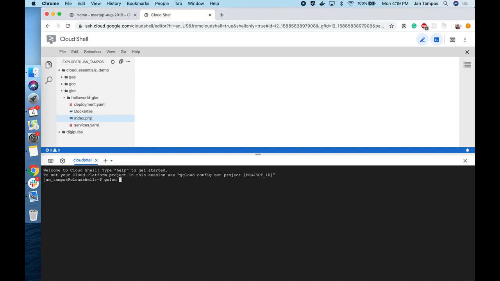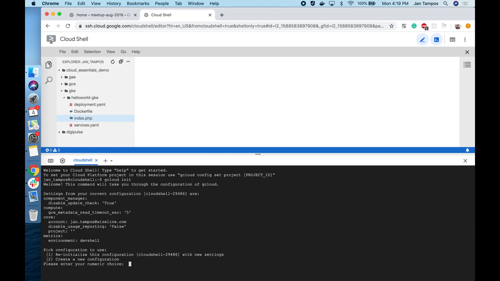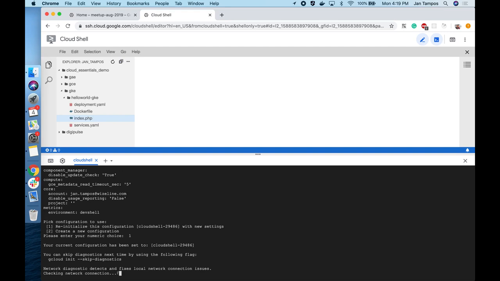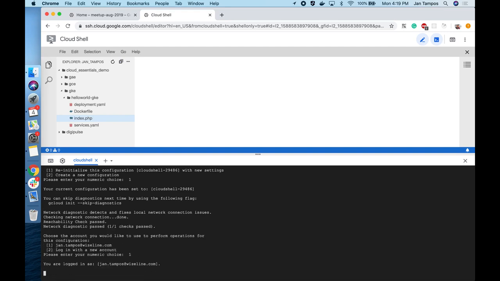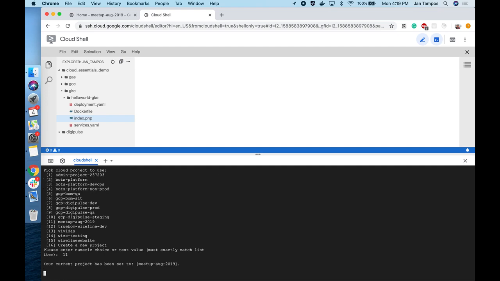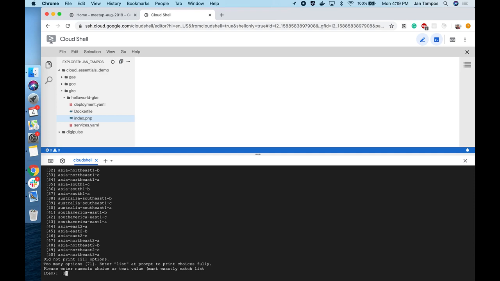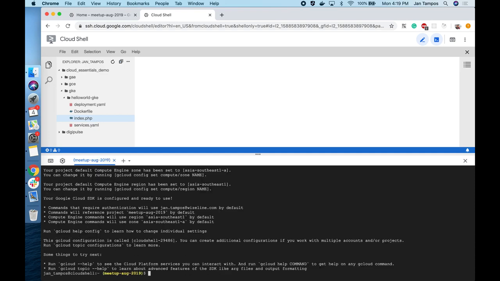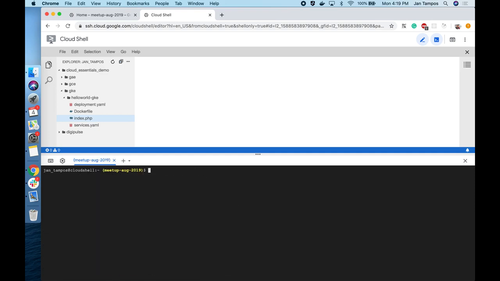So I'm going to make this pretty straightforward, and the first thing that we need to do is to initialize our project. So initializing our application, we run gcloud init, we set our email, we set the project name, we set the default region. Since I'm near Singapore, I will always choose Asia Southeast. So now we are able to